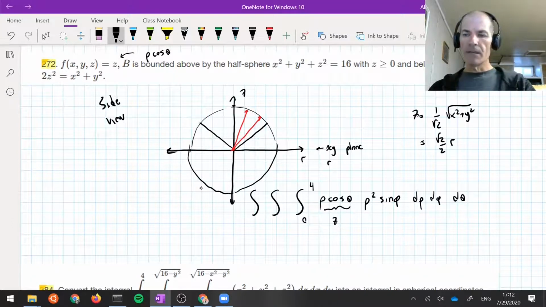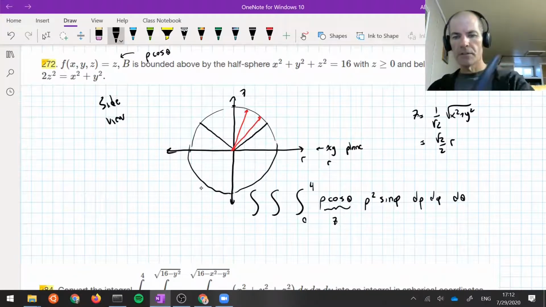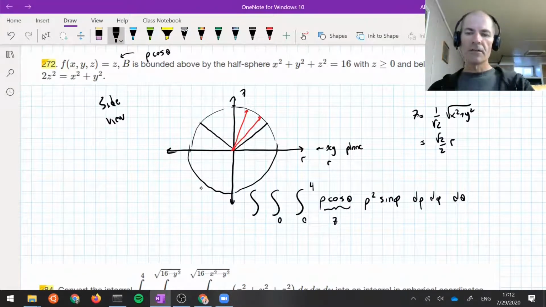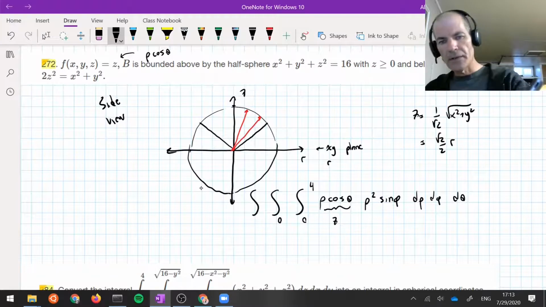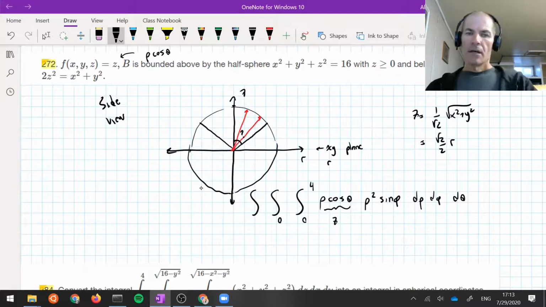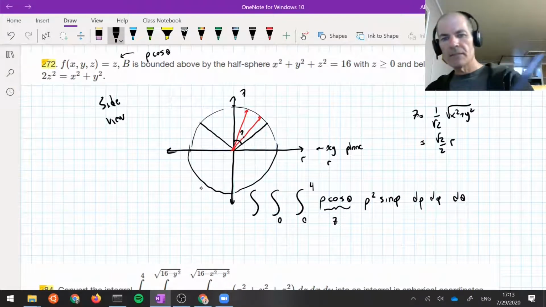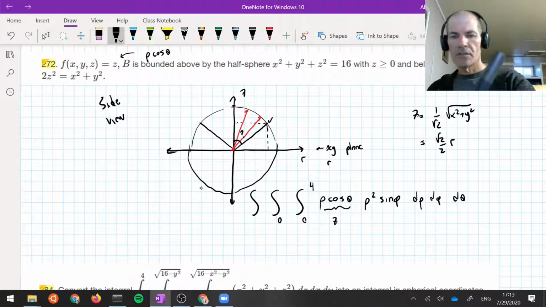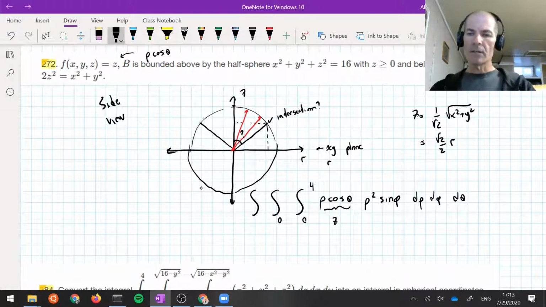Now, if we're going to do phi, we're going to start at the North Pole and go out. So we're always going to start at phi equals 0. Here's the tricky bit now. How far out are we going to go? We need to figure out what this angle is. What is this angle in here? Well, how do we figure that out? That's going to be where this line intersects this sphere. So we need to figure out where this intersects. All right, well, let's do that. It's going to intersect when